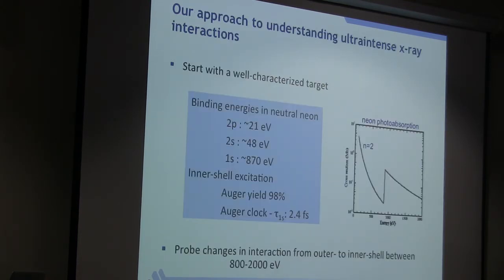But our approach was to use a very simple atom, neon. It had all the binding energies. I showed you all those other things that you know about it. We know that when you do inner-shell excitation, you have an Auger yield on the order of 98%. And the Auger clock, the time that happens, is on the order of 2.4 femtoseconds. So we figured, okay, we can go between 800 and 2000 eV. This is really good for neon. It has an edge at 870. That means we can probe the changes in interactions with